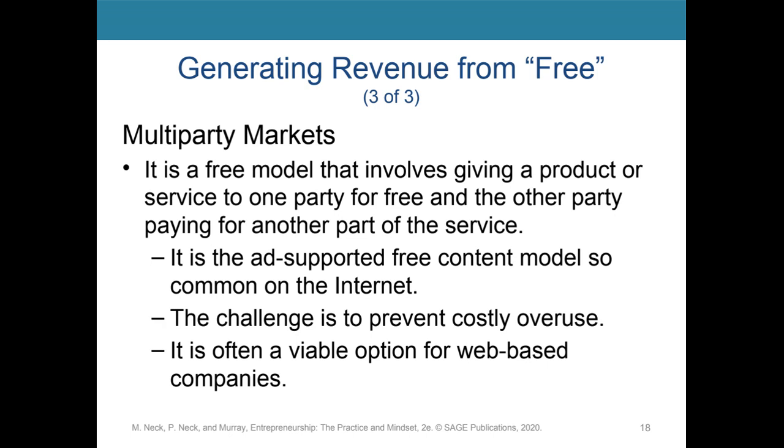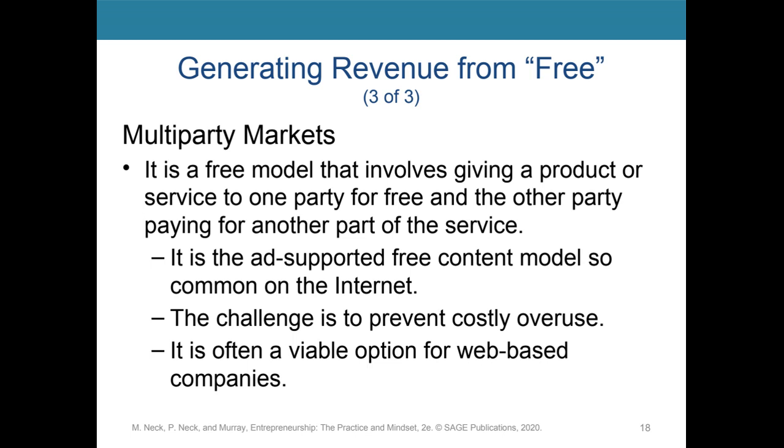The person who's advertising and selling the accommodation, they're paying for the service, right? So I get it for free, the one user, but the other, so I'm the one party in the multi-party market. So Airbnb markets to me because they want me to use the tool. And because I'm using the tool, they can market the tool to people that are renting out accommodation because they can say to them, we've got so many users. And those people then pay. So one side's free, the other side's